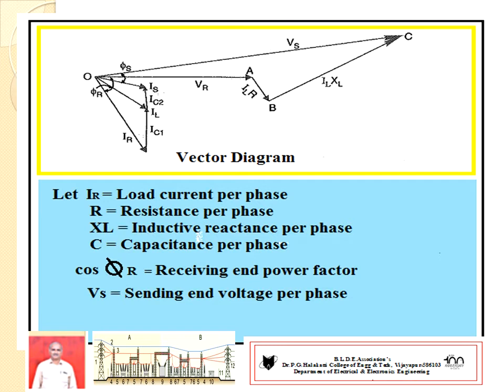So after knowing the IL, already you calculated sending end voltage. This sending end voltage is applied across the capacitance which is nearer to sending end side, that is IC2. IC2 you calculate because you are knowing the voltage Vs, you are knowing the C value and 50% of C, so it is possible to calculate IC2.